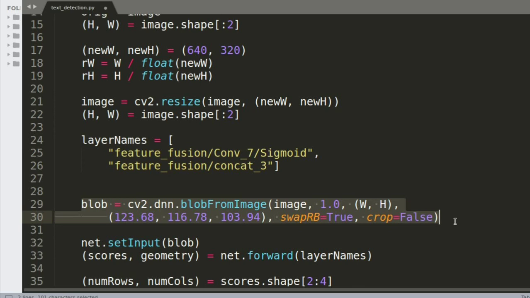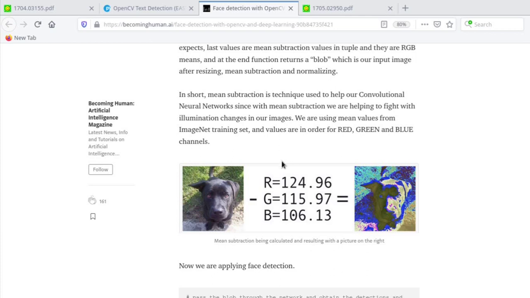So this is the first most important step, apart from making the image a multiple of 32. This is called blobFromImage. Now, what is this? This is a very interesting application, and it's part of the neural network library of OpenCV. So what it does is, say someone has made a neural network and someone has made a training algorithm, and they used their own images. But for someone else to use that same